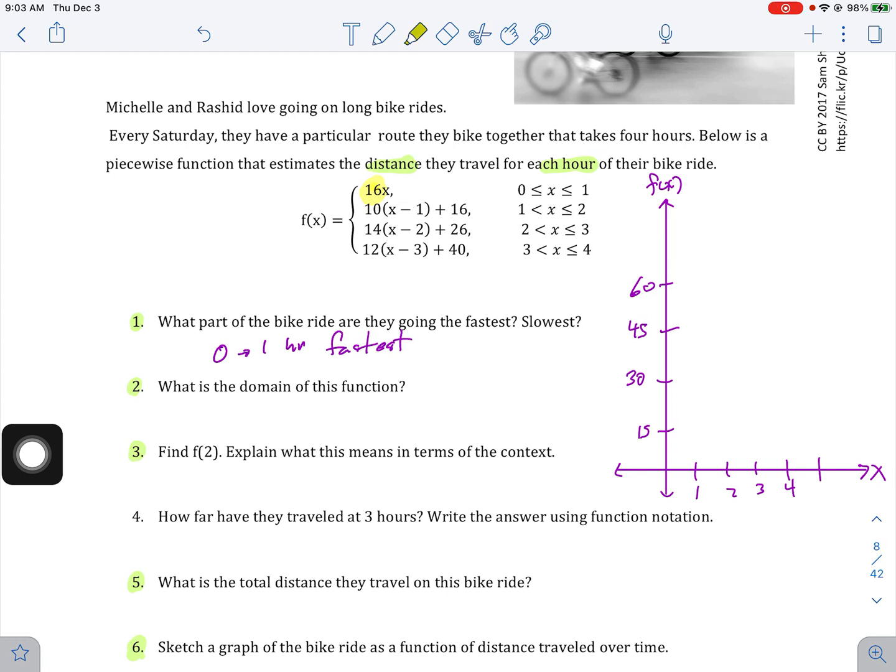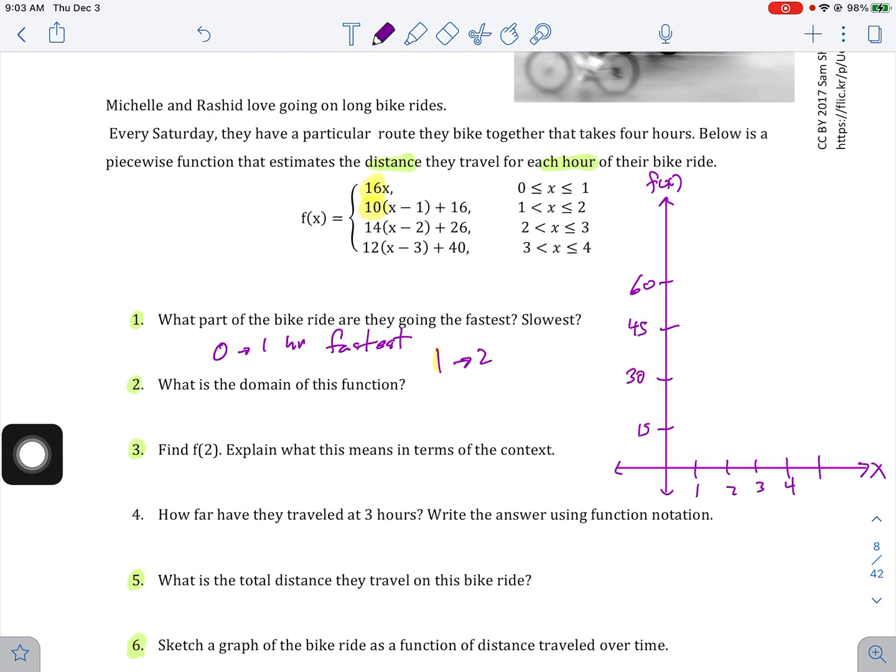And then the other one, 10. So from 1 to 2 hours, that would be the slowest, because 10 as a slope has the least change over time. The domain, we can see, goes from 0 to 4 inclusive,